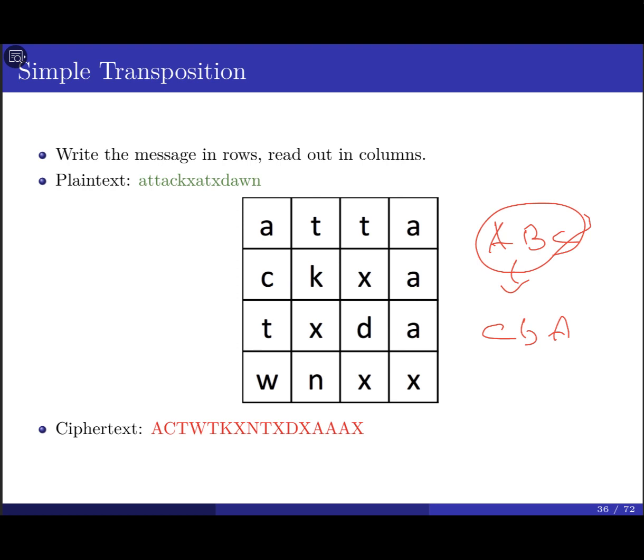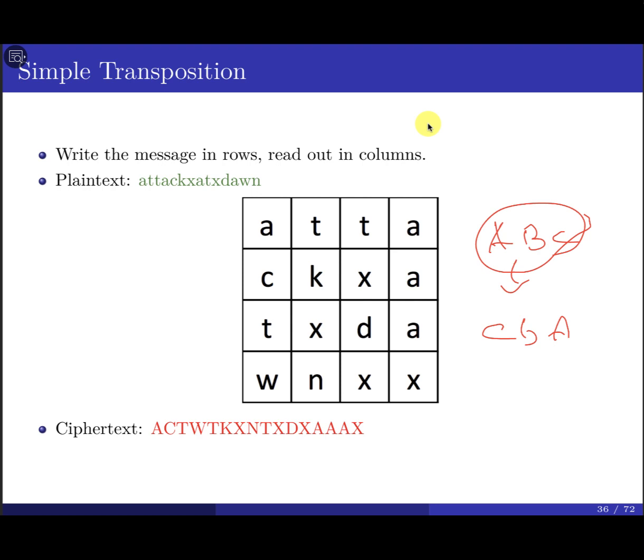So again, these are transposition ciphers. They rearrange the characters of the plain text in order to produce a ciphertext. The key to perform the cipher in this case: you need to create a matrix with a number of rows and columns. You encipher the message by writing the plain text into the matrix by rows, then reading the ciphertext out of the matrix by column.